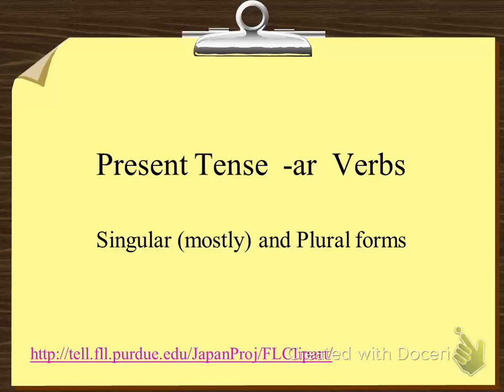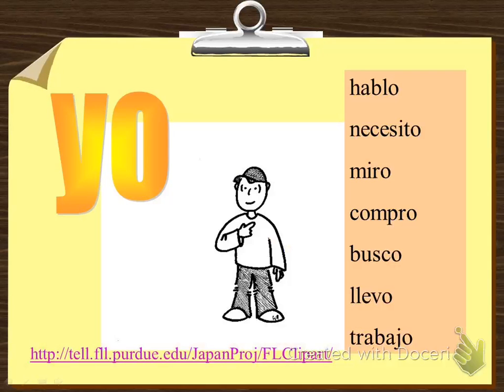Alright, just a quick review over AR verbs. Some of us are still having trouble with pronouns, which we have to go back to. We have to learn pronouns in order to do verbs. So anytime you see the yo form, you are always going to see an O at the end of that word. So if you remember from the beginning of the semester, I told you to just start memorizing phrases,